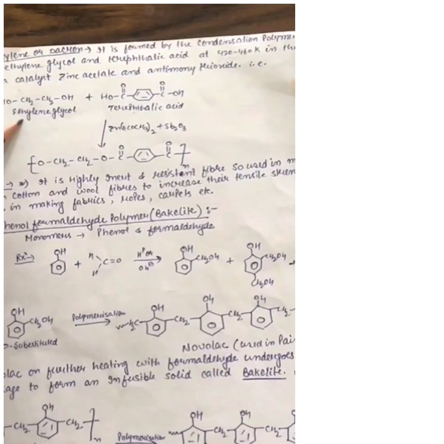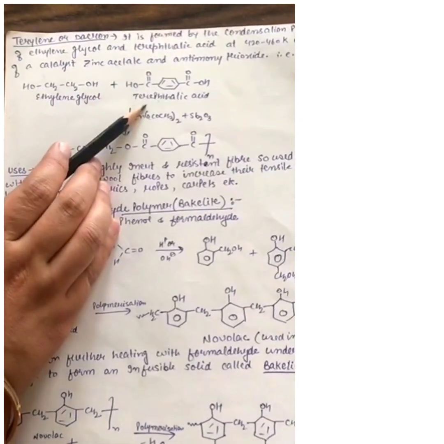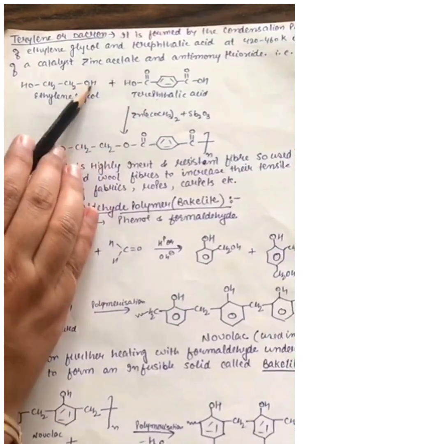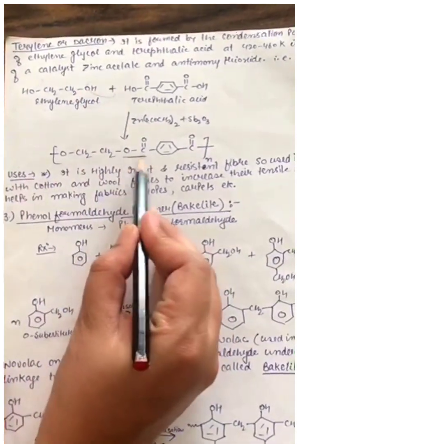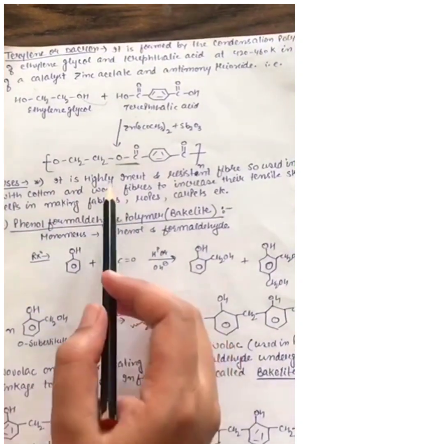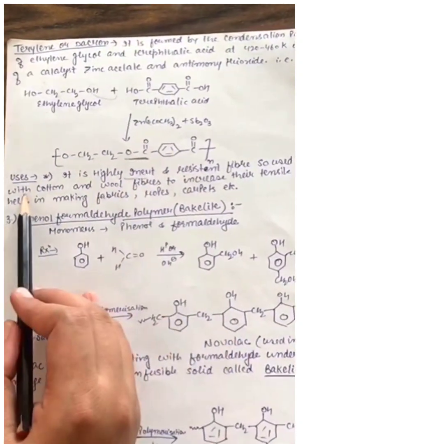Next category is polyester. As you see, the linkage formed here will be our ester. And the examples are Terylene or the Dacron. For this, the monomers used are ethylene glycol and terephthalic acid. Water will be out and we will get our ester linkage. As you see, the uses are, it is highly inert, so used in making, mixed with cotton